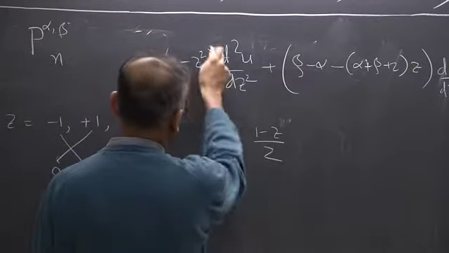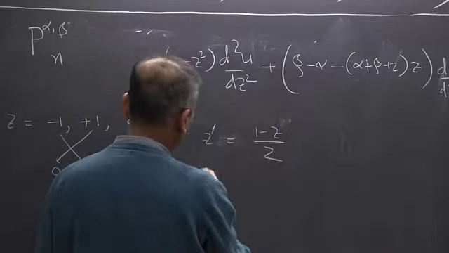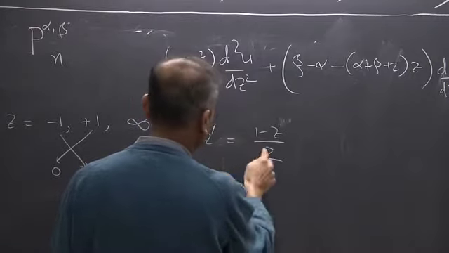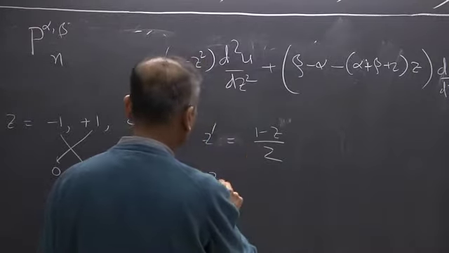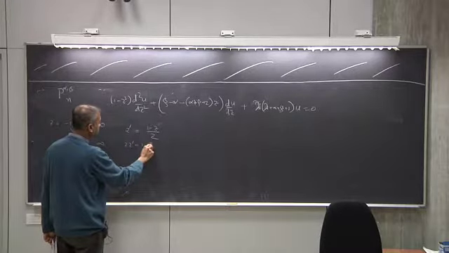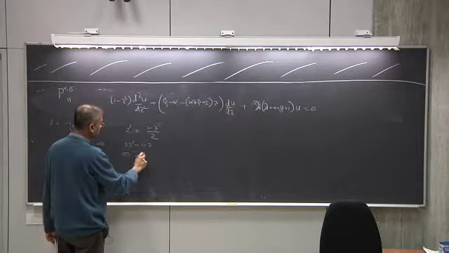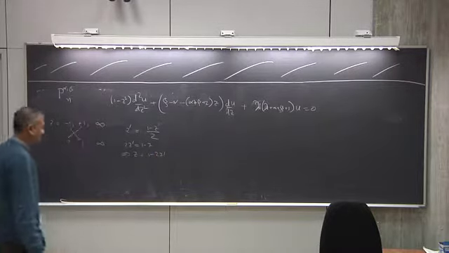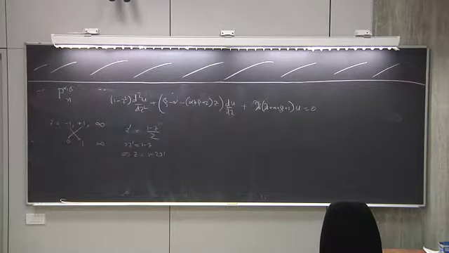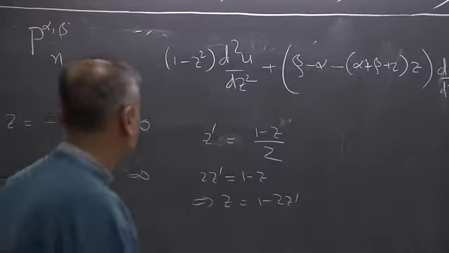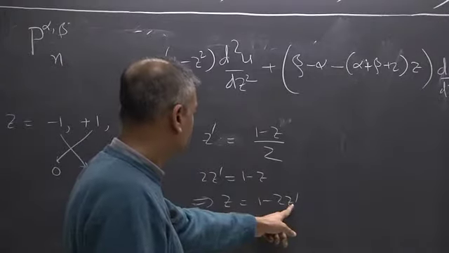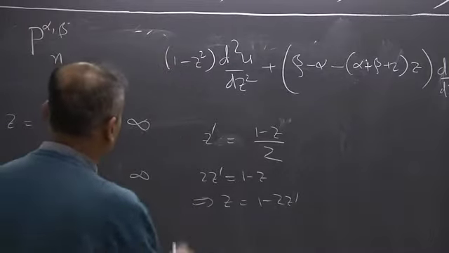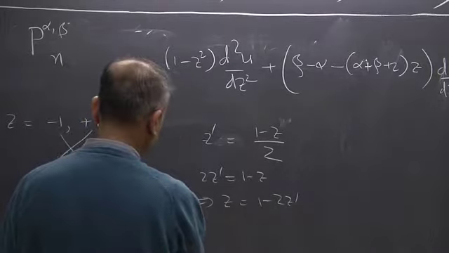So then this expression, I think we have to just rewrite it. If I invert it, it becomes 2z prime equal to 1 minus z, which implies z equal to 1 minus 2z prime, right? Is that correct? Z prime equal to 0, this is 1. Z prime equal to 1, this is -1. That's correct. So if I substitute this,